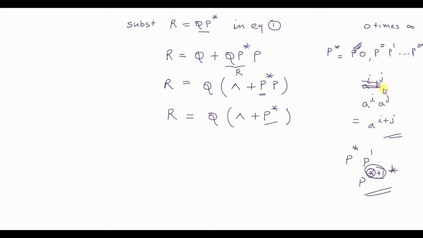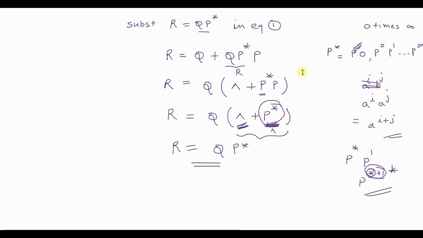Now, the definition of P star simply tells you that P may be repeated 0 number of times or infinite number of times. Now, what happens when P is repeated 0 number of times? Are you not getting null over here? Yes. And is there a need of this extra null? Anyways, null string you are going to get in this particular expression. So, is one extra null required here? No. Because null string can be derived from this only. So, this is not required. So, this can be written as Q into, this whole thing will become P star.